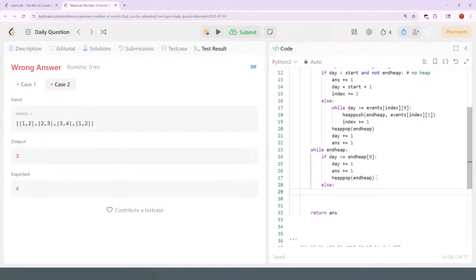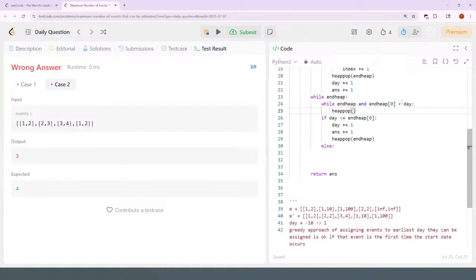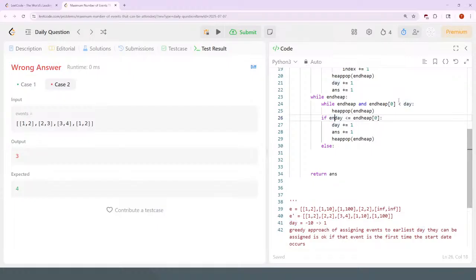Else, if 3 is assigned to... actually, I think it's, well, end heap. So while end heap and the smallest ending is before the current day, less than the current day, then just pop that. So if you have a bunch of 2s, then none of those are valid for this current day. And then if there is still a heap,